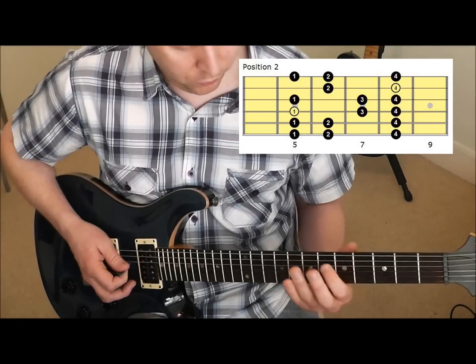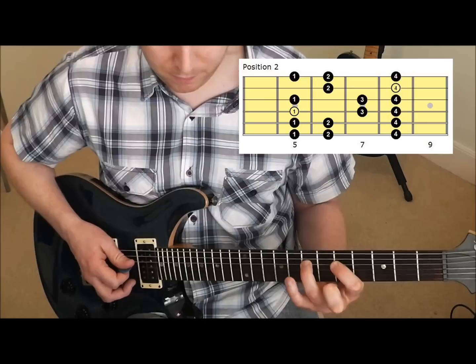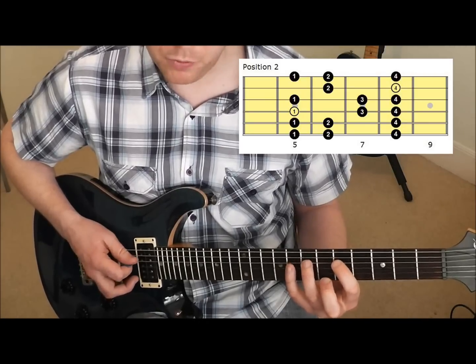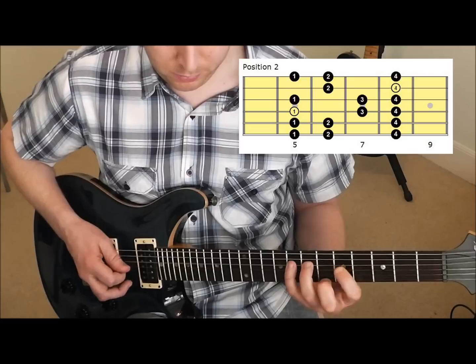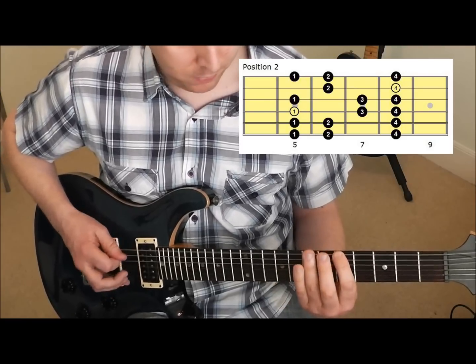Okay, then onto the 4th string. So now we've got first finger on the 5th fret, 3rd finger on the 7th fret, and little finger on the 8th fret, and that pattern's repeated on the 3rd string as well. So let's go from the top. We've got...